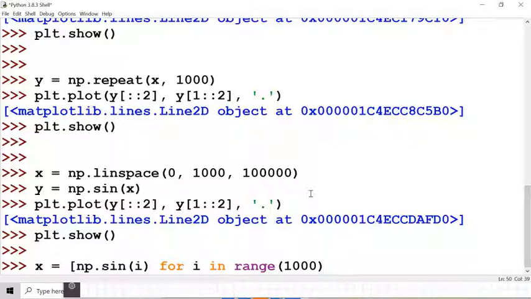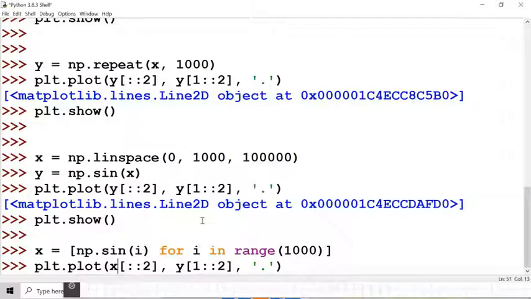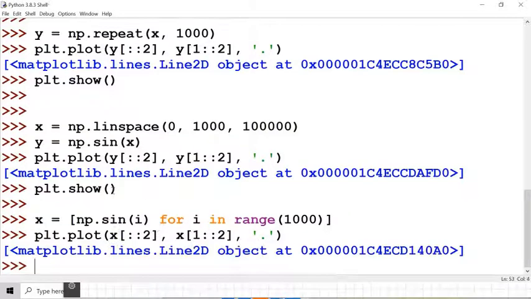That means we are creating numbers between 0 and 999, 1000 numbers. So let me do that first. Plot x[i] versus x[i+1].